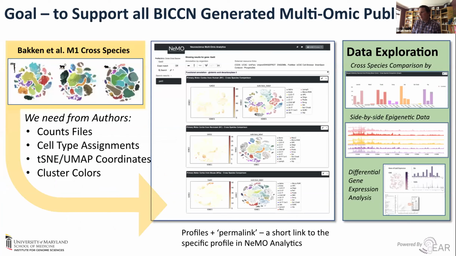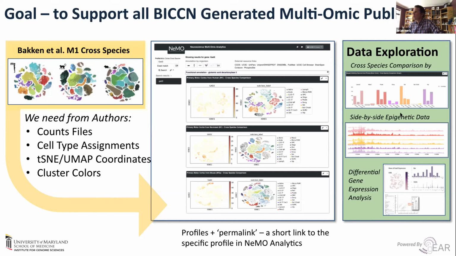And we really hope that the analytics platform is a good choice for folks that are publishing, to have this nice companion where people can explore. So an example coming from the cross species, what they gave us were those count files, cell type assignments, the UMAP coordinates, and the colors coming directly from the paper. And all of that information can simply get created into a profile. And we see that those exact coordinates, those exact colors are now presented. So the hope is that it's a seamless experience from the user reading the paper, going to the site, and then they can really dive into the data themselves.